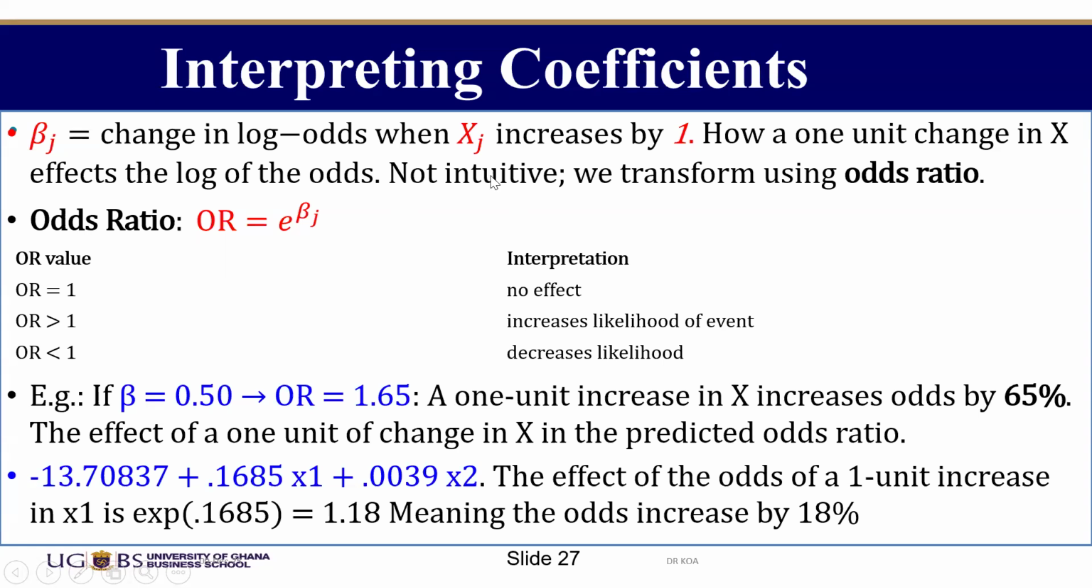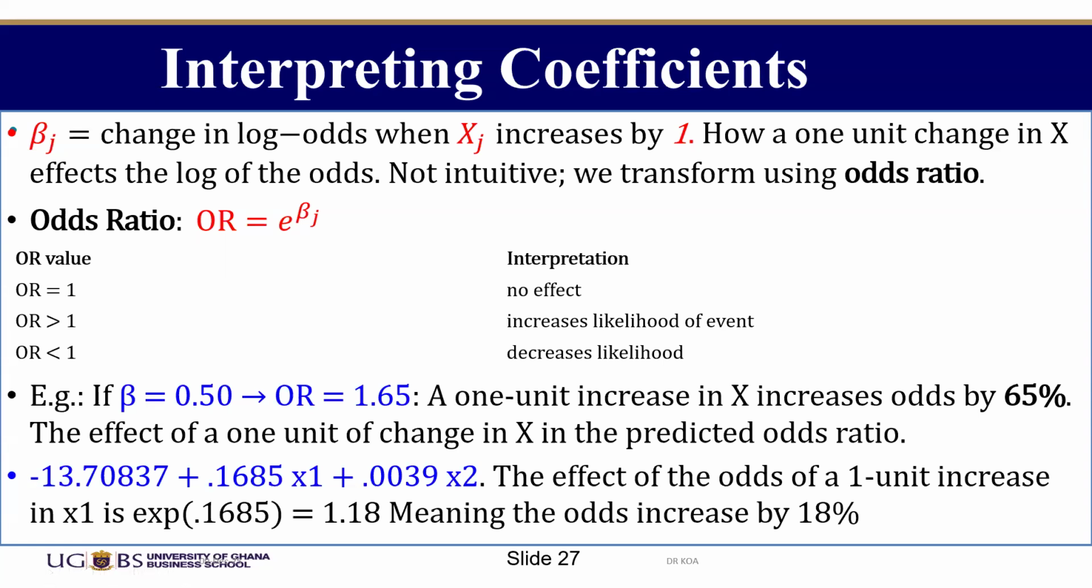So normally we rather use the odds ratio. You calculate the odds ratio, and you can calculate it for each beta, because the odds ratio is simply equal to e raised to the power of that beta value. So let's say you calculate the odds ratio and it's 1. It means there's no effect